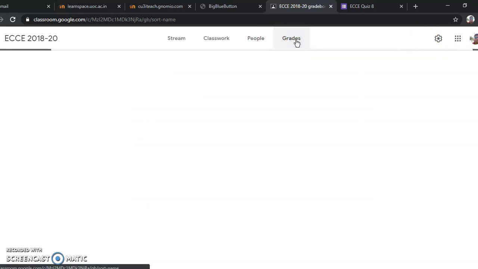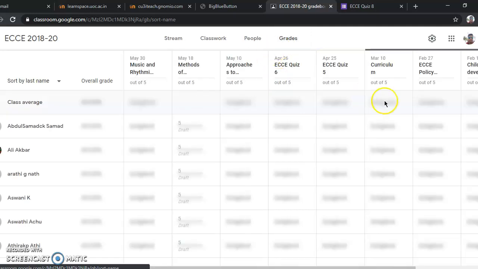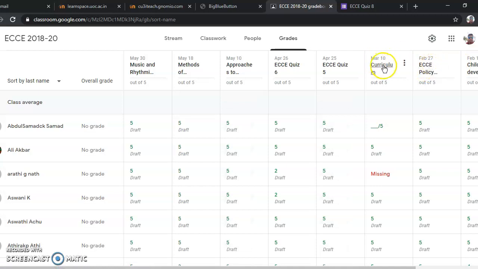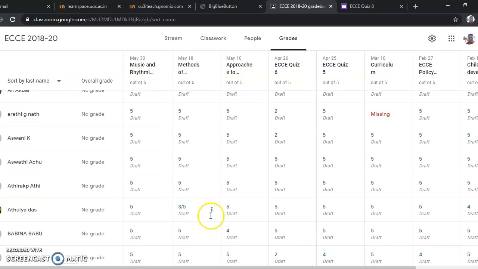And the fourth page is on grading. There are various quizzes or assignments given for students. So you can see the marks. The only limitation here is you have to manually enter marks against each student. That's the only limitation for this